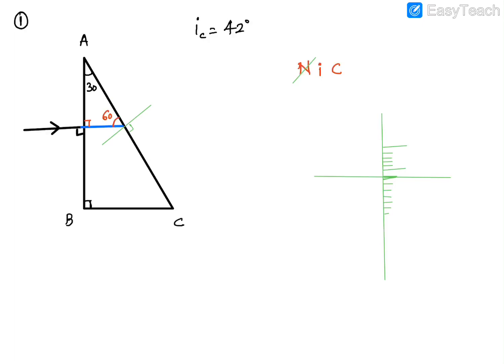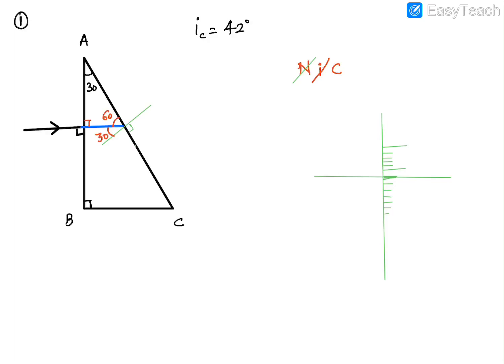You're getting it now. Your ruler will have those markings, right? Those calibrations, 5 centimeter, 5.1, 5.2. Let one of them coincide with this surface here, and then you'll be able to draw the normal properly. Now guys, what's the angle of incidence? So this is your angle of incidence, which is how much? 30 degree. So we found the angle of incidence.